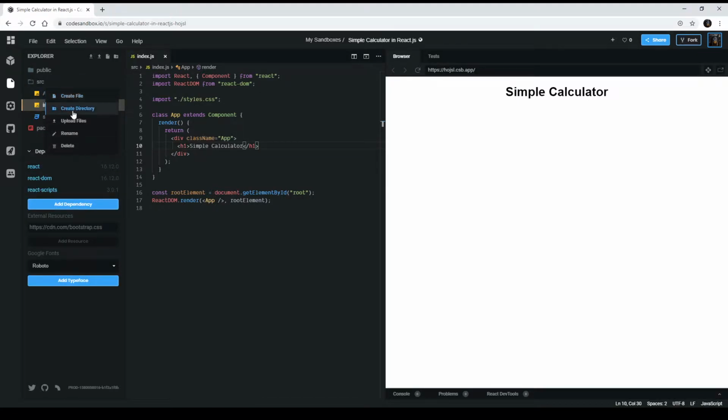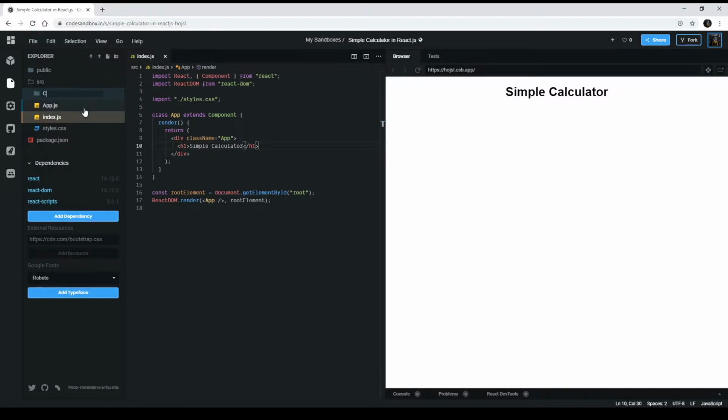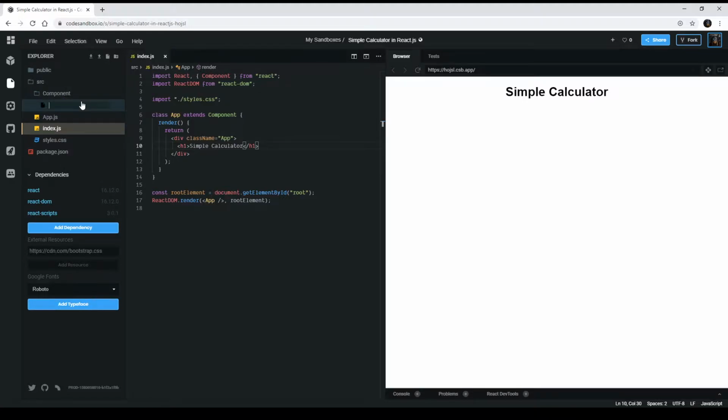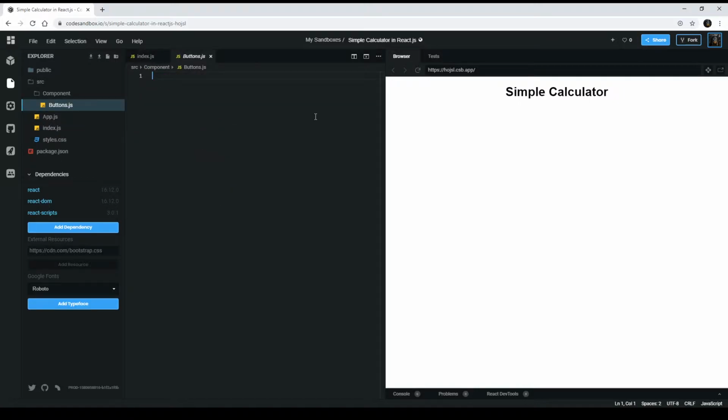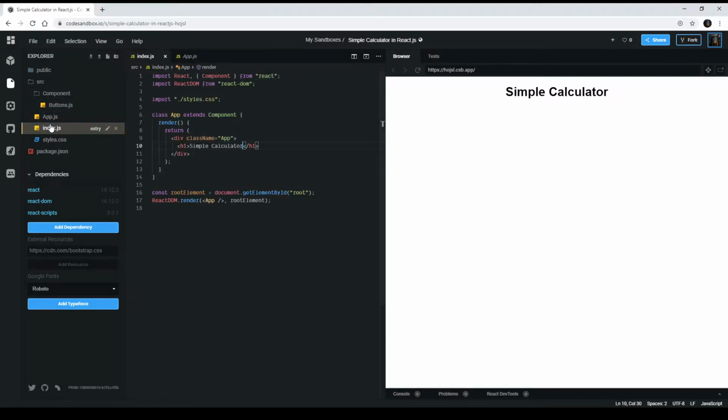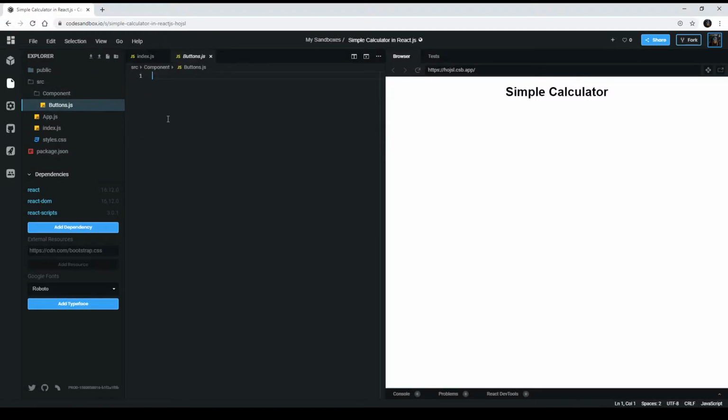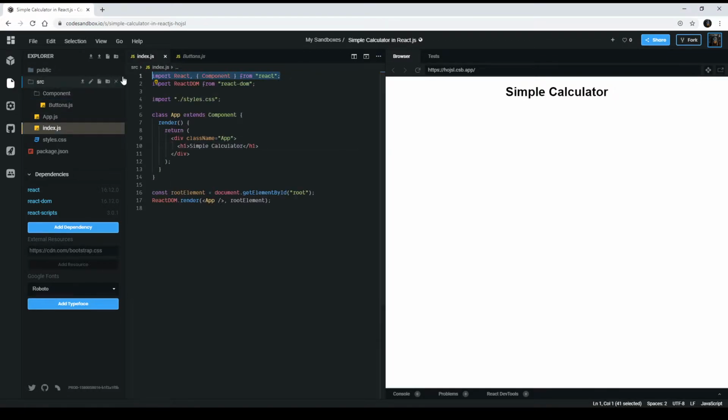inside here a folder which we're gonna call components, and inside the components folder we're gonna create another file which we're gonna call buttons. Okay, so for this one we can just leave it like this for a second, and we can go in the button, and in the button we're gonna copy this, import the Component from React,